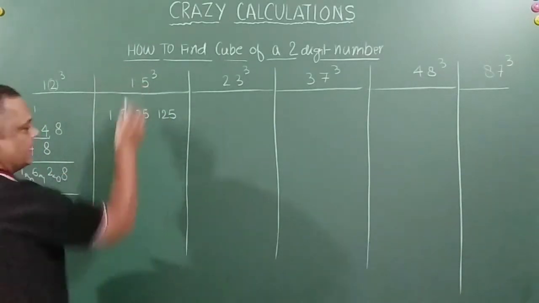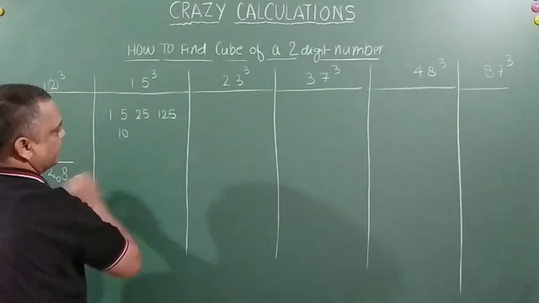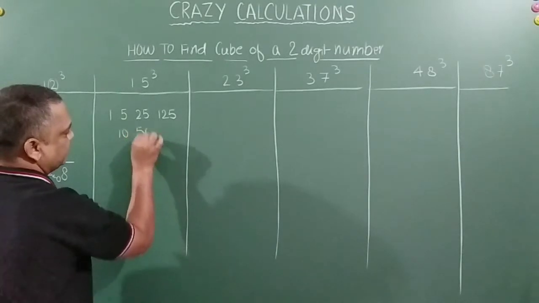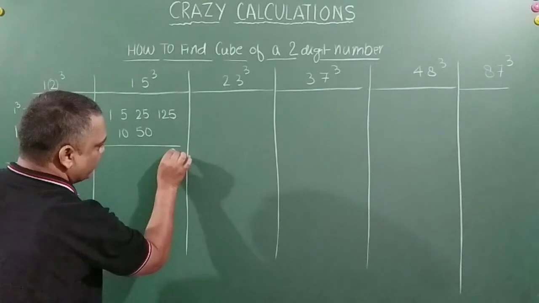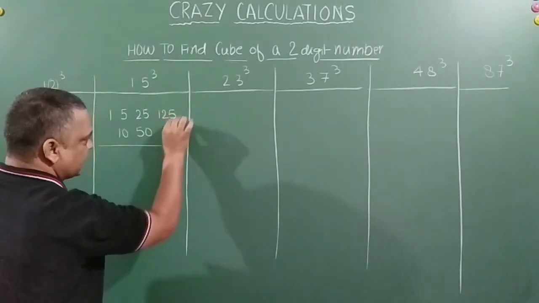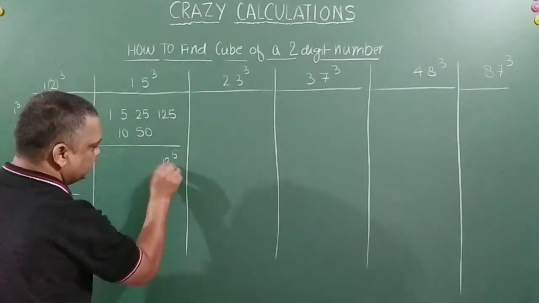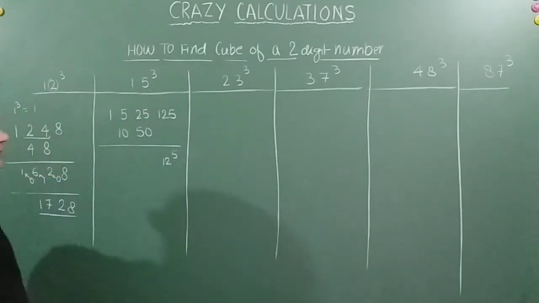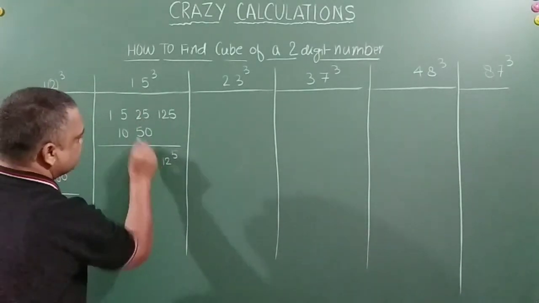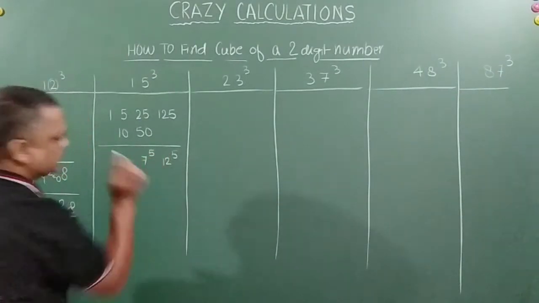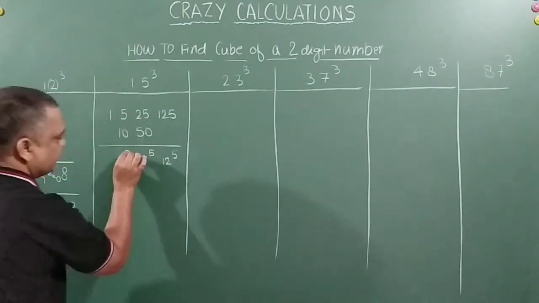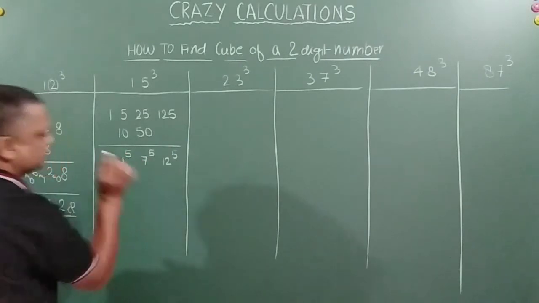Now I will double it up. So doubling this is 10 and doubling this is 50. Right? Now what I am going to do is that I am going to write 5, the unit digit like this, and then rest in the base. Right? This is 75. So I will write 5 here and 7 in the base. This is 15. So 5 here, 1 in the base.